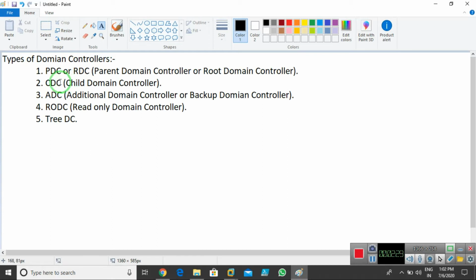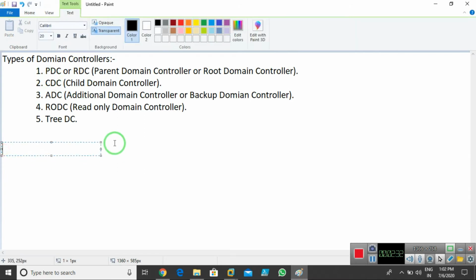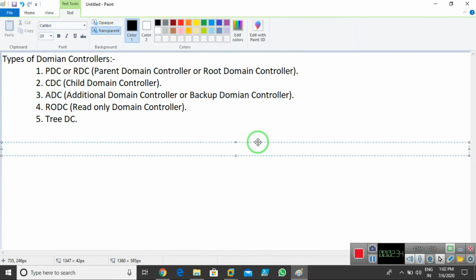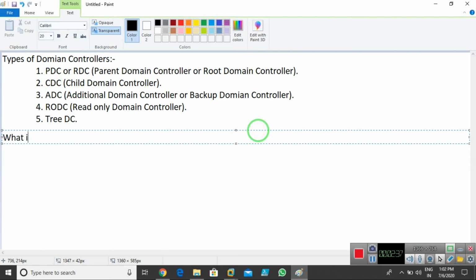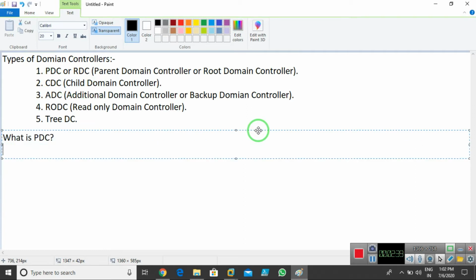First we need to understand what is PDC. We'll start with the PDC, or you can call it RDC. PDC is the primary domain controller. It is the first domain controller in the whole forest.